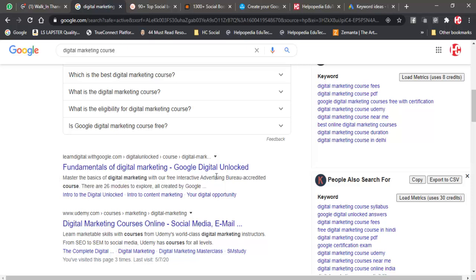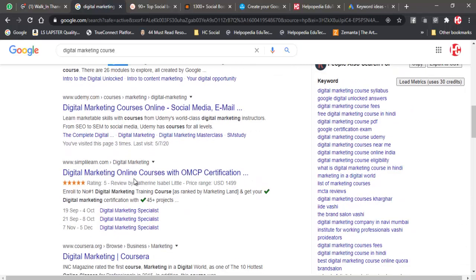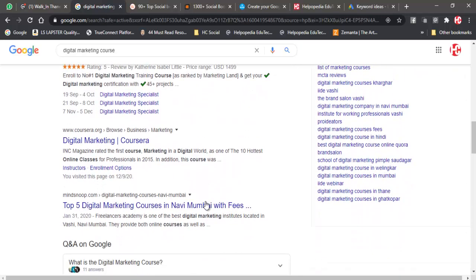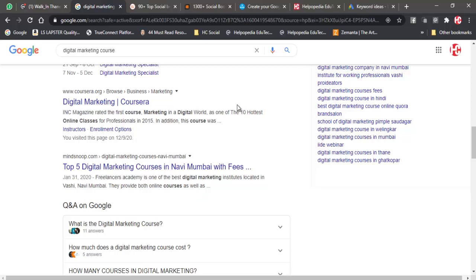So if my content does not have the primary keyword, then it will not be highlighted, it will be like a normal sentence. But that is what Google does not want, because Google wants people to know that whatever you have searched, all these websites are having these keywords which you are searching. So then people can read what this is, and then they'll make a decision and click on whatever they are looking for. So meta description is very important.